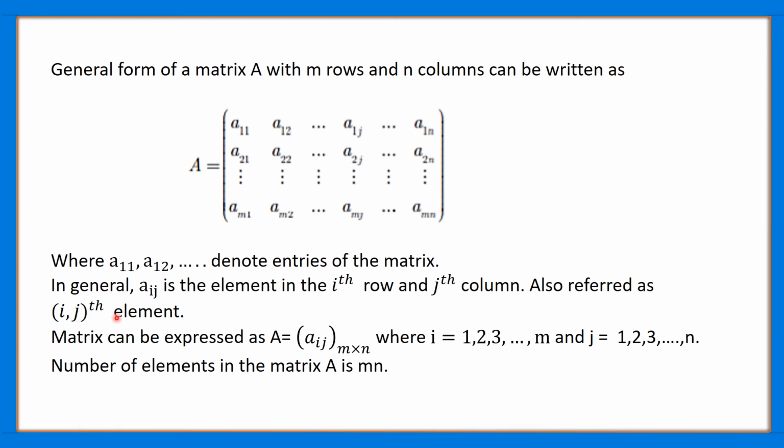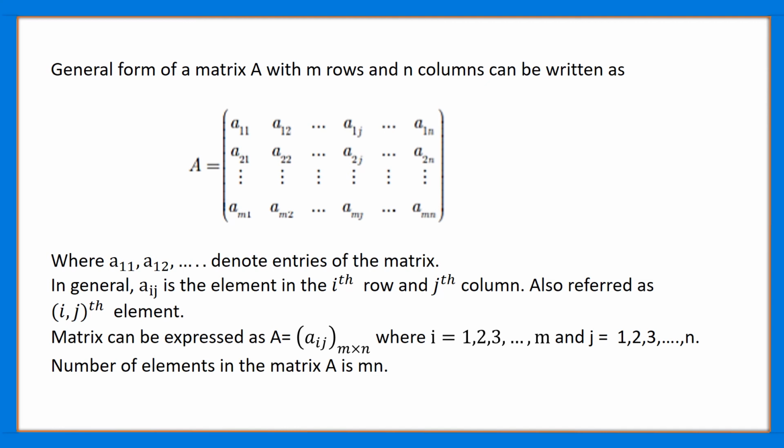That is, if we take A11, then we can say that 1, 1th element it is. If we have 5, 2, 3, then 1, 2, 4. And if we take 5, we will be able to say that 5 is in the first row, first column. So it is the general form of a matrix with m rows and n columns. Okay. A matrix can also be expressed as Aij m cross n. That is, Aij is the entry in the matrix and m cross n tells us that the order of the matrix is m cross n.